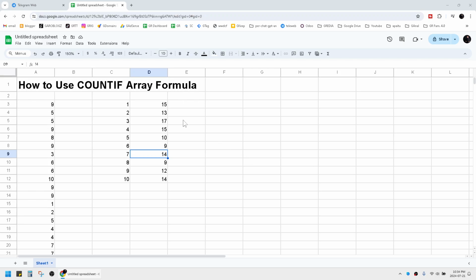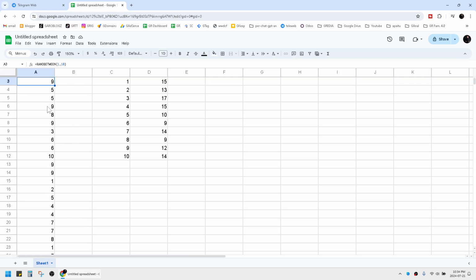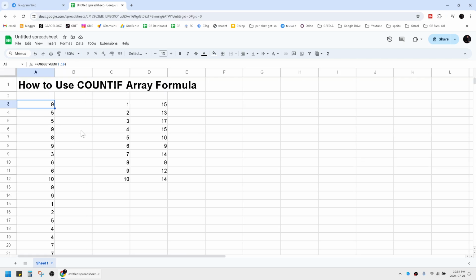In this video, I'm going to show you how to use COUNTIF with an array formula in Google Sheets. Here I already generated random numbers between 1 and 10, spread over about 100 rows, which is 100 data points. And then I want to count from number 1 to 10